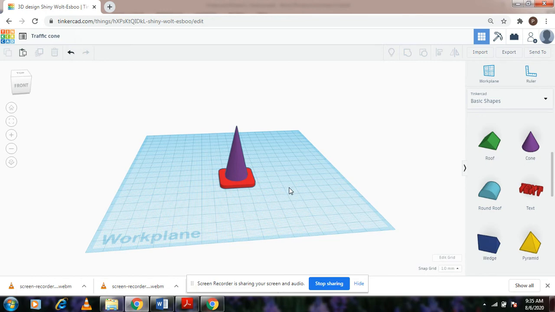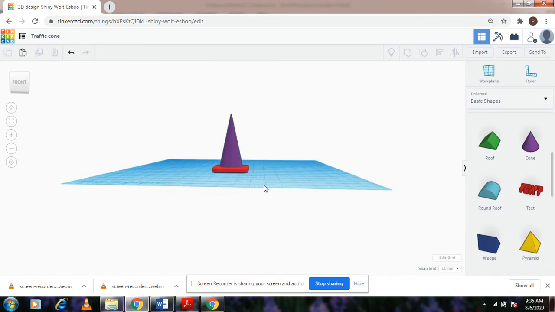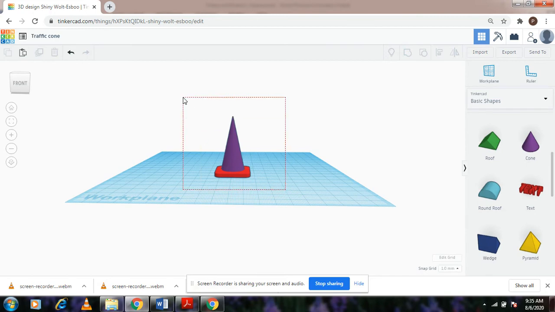Now what we want is a small opening at the top of this cone, and the cone to be hollow, for which we are going to first group both the objects. If you select both the objects, you can see the shapes mentioned here are two, which means there are two shapes right now standing on top of each other. We are going to convert them into one shape, for which we will hit the group option now, and we should have one single shape ready.